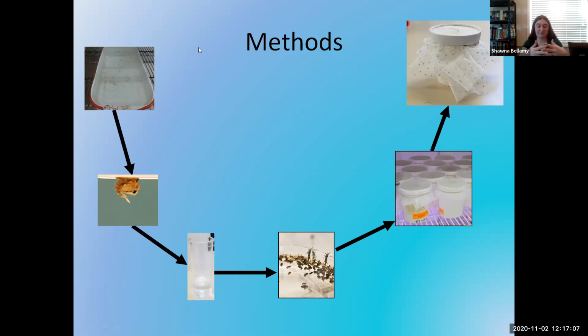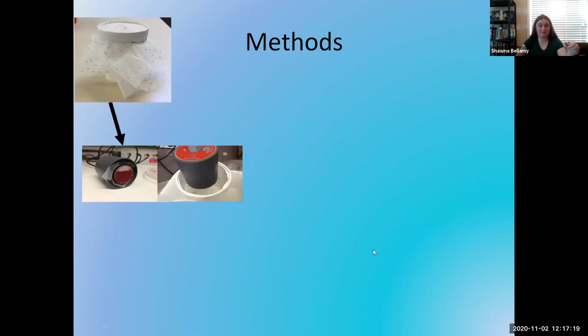Time to pupation, the number that pupated each day, and the sex of the emerged adults and the number of adults that actually emerged were all recorded on a daily basis. After being transferred to the BSL-2 incubator, the females were offered a Zika-infected blood meal. Females that remained unfed were later offered an additional attempt to feed.